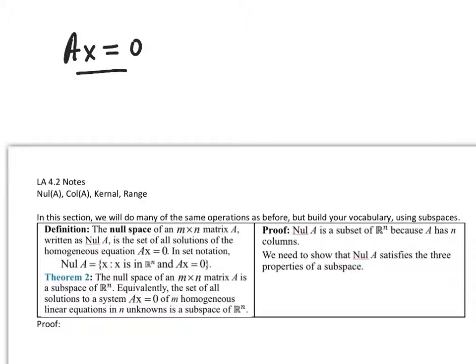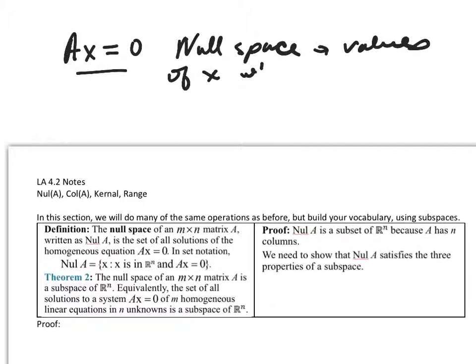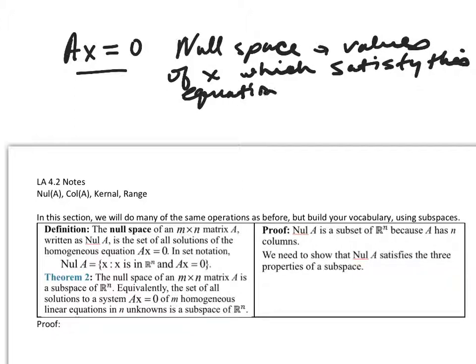All it is, the null space is all the values of x which satisfy this. Okay, so what that means then is that set of all x that satisfy Ax is equal to 0. And so we want to know what maps from one space to another such that we go to the 0